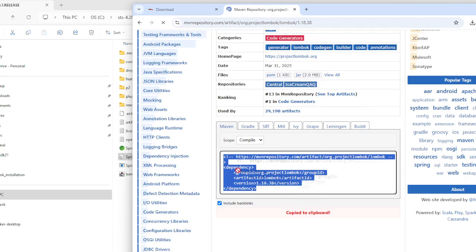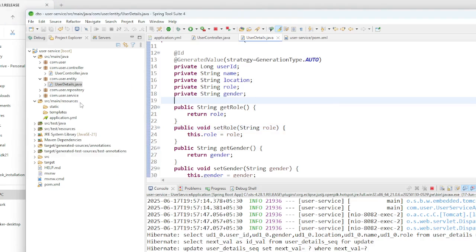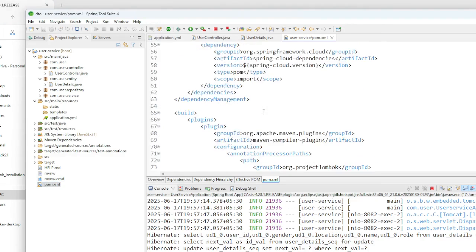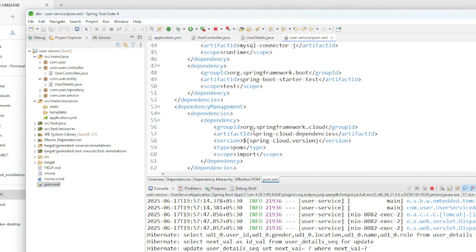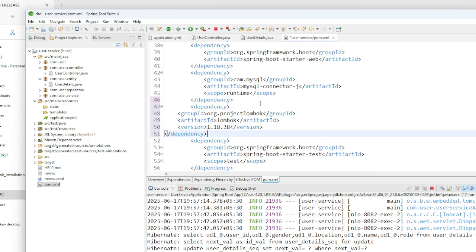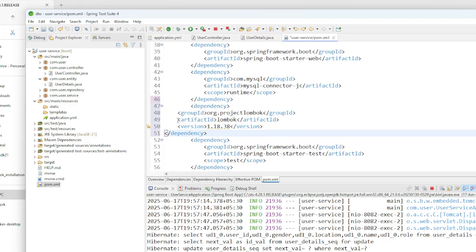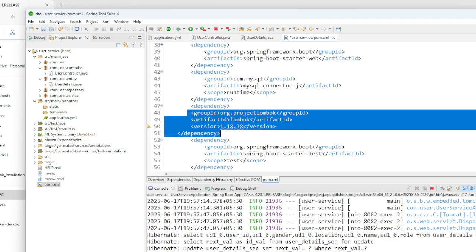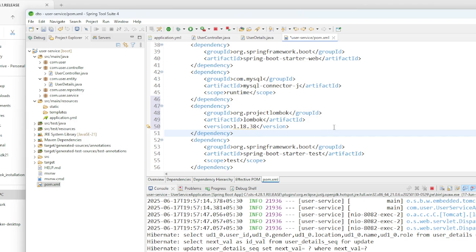So here we can simply copy this dependency part and add it into our project. So this is the POM file. Here we can add it to our dependency section here. And we can save it. Now we have added the Lombok dependency as well. Next thing, we need to restart this